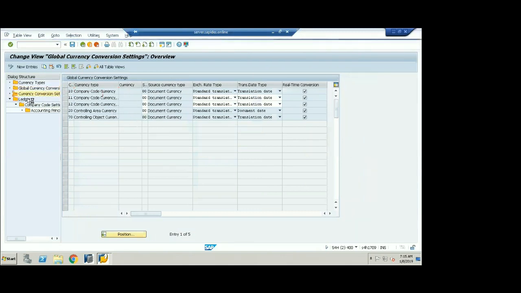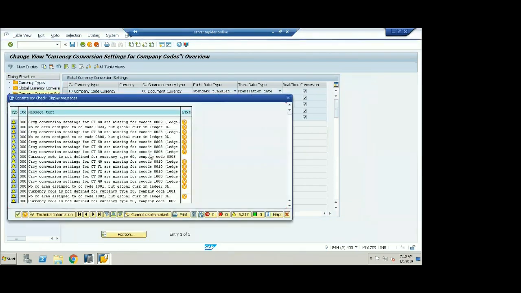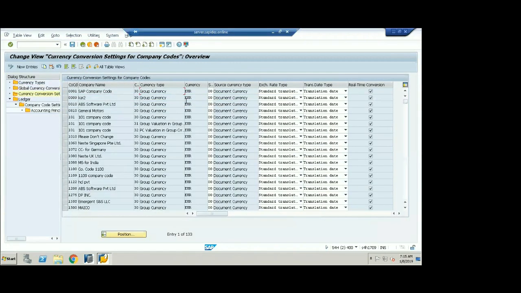Once I do the settings, if I come to the currency type conversion, I'll maintain these currencies here. You can see which currency translations I'm doing. Group currency is the euro. If it is other than that currency, whatever currency you're going to be using, I'll maintain everything over here. So this is the relationship I'm providing. It is kind of a one-to-many relationship. For example, if there are 8 currencies, there will be 8 conversions you have to maintain, sir.